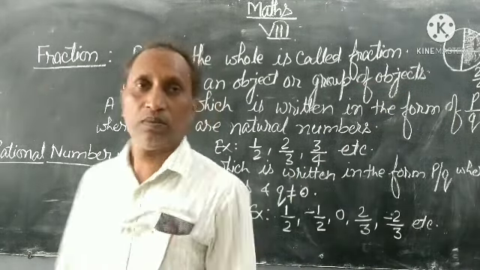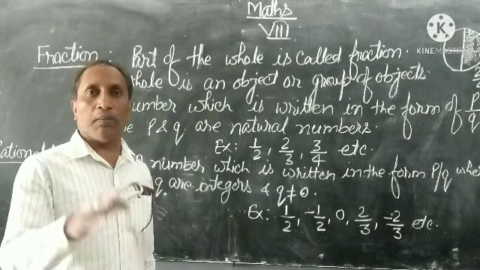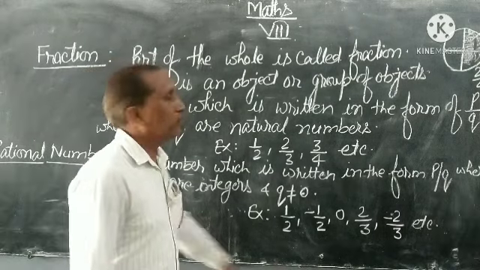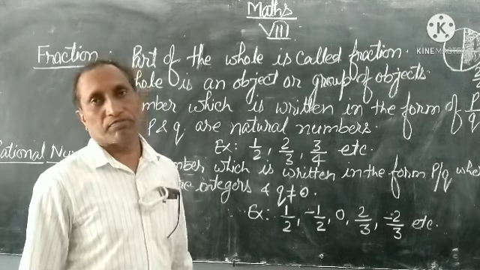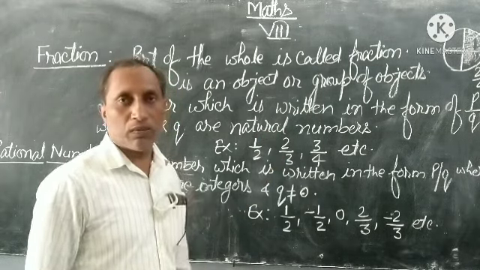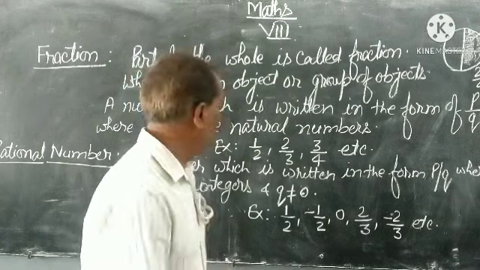All natural numbers, whole numbers, and integers are rational numbers, which are written in the form of p by q, where q is not equal to 0. Example,